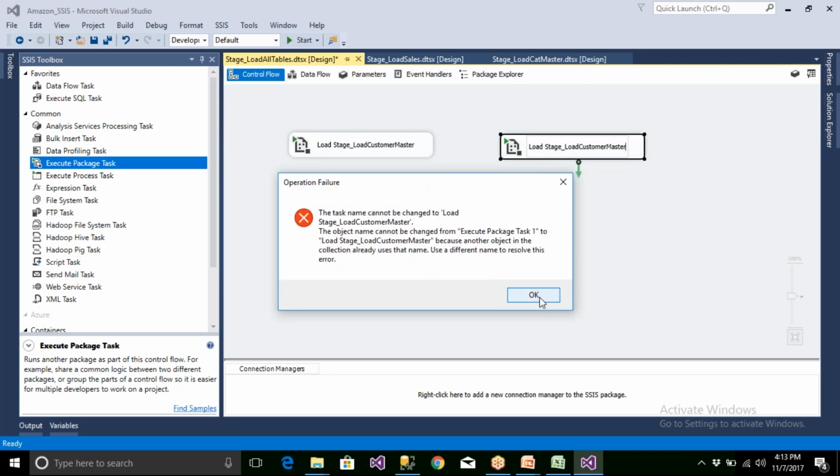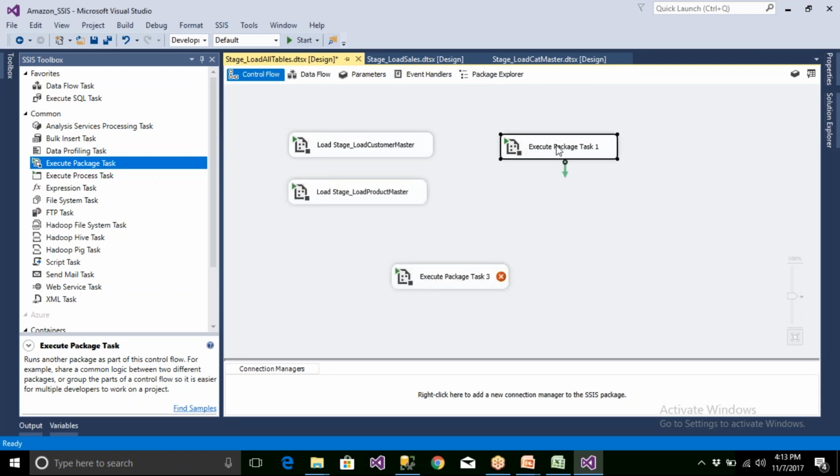Okay. The first one is category master. You're giving the same name twice. Okay, okay, that is very good. So this is the customer master. Let me say something. It is cat master. Okay, category master. Perfectly fine. Thank you. So now here, this is what is called the next one, the last one is sales, right?